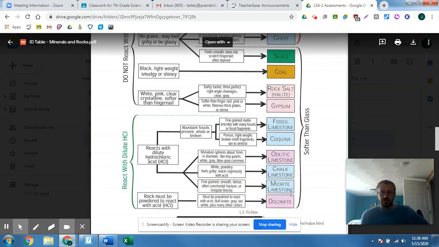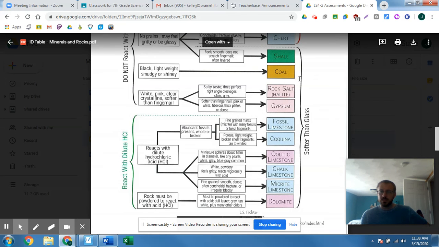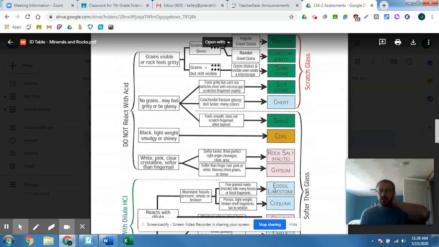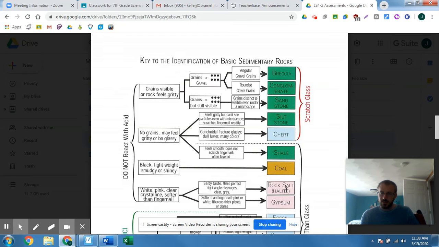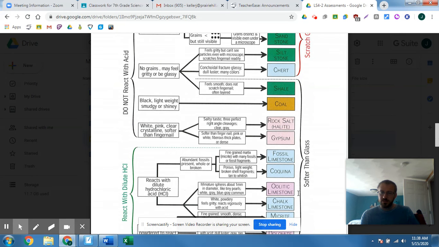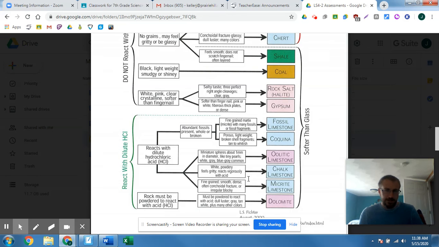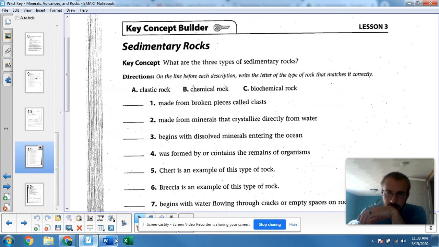All these limestones and coquinas down here are made up of seashells and things like that. So these, the coal and this whole group down here, are the biochemical rocks. It doesn't say that on this sheet. That might be something that I add in the future, actually. But we've got our clastic rocks, our chemical rocks, and then coal, plus the ones down on the bottom here that react with HCl are my biochemical. Okay, so if we go back to this then,